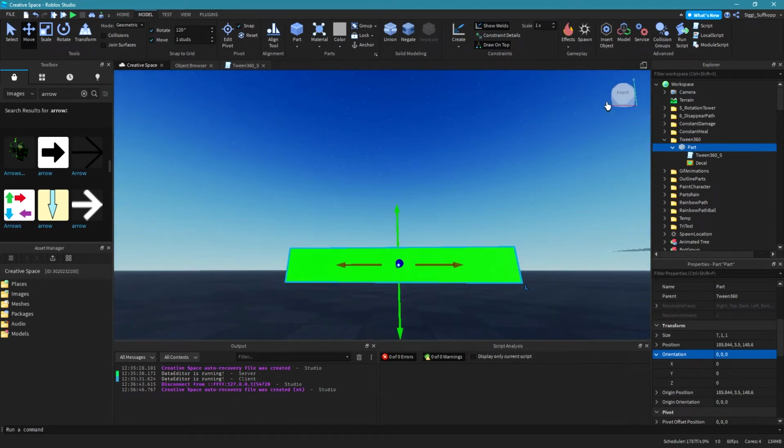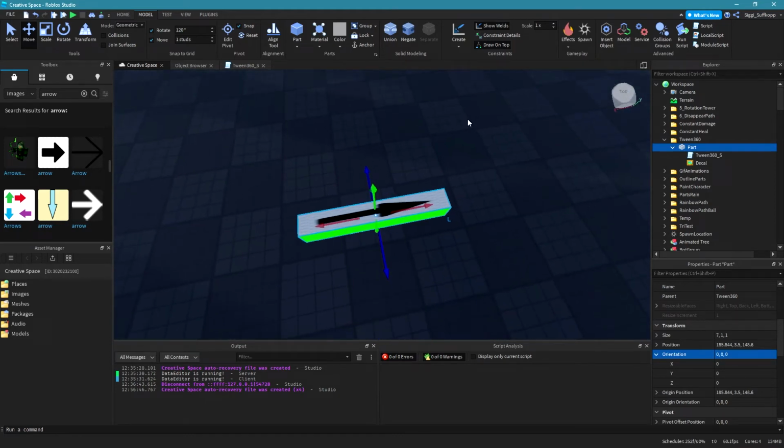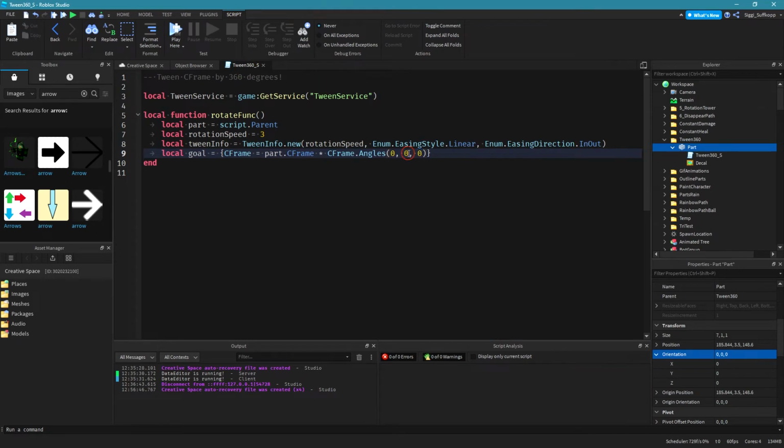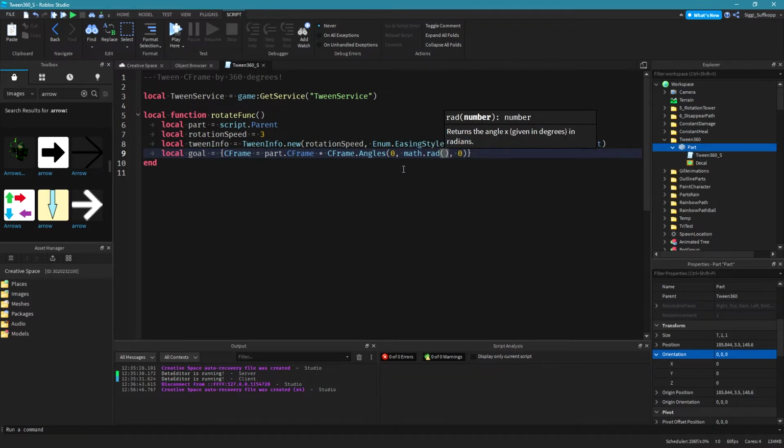This is the green one. You can see it up here. So the green one is the Y axis, and I want to rotate it in that way. Okay? So go back to the script and type in here on the Y axis